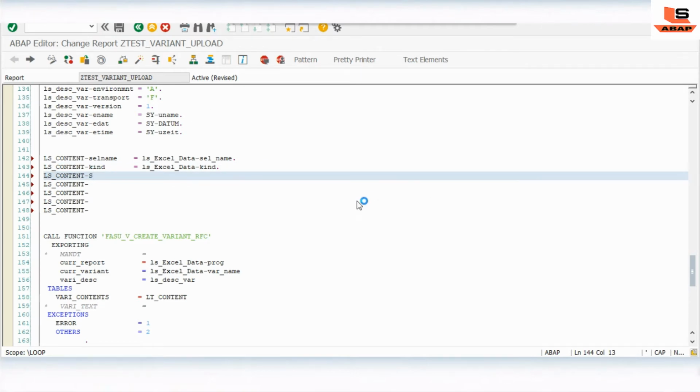Then we have sign, equal to ls_data sign.